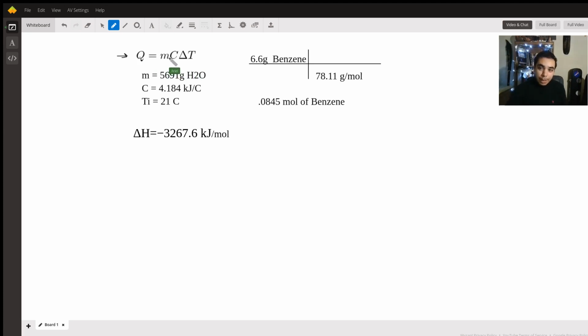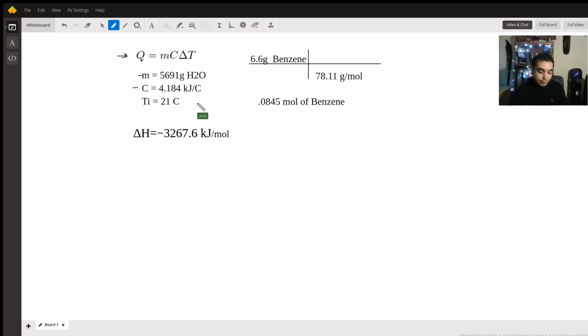M is the mass, in this case of water, C is the specific heat capacity of water, which happens to be 4.184 kilojoules per degree Celsius that you're going to either heat up or cool down the water. That's just something you can look up in any textbook. One quick Google search will do it for you as well. And then there's the initial temperature that we're going to use to find the final temperature, which is given to us